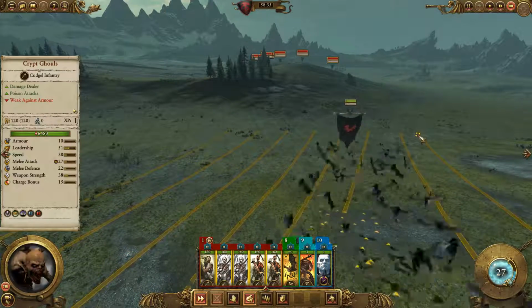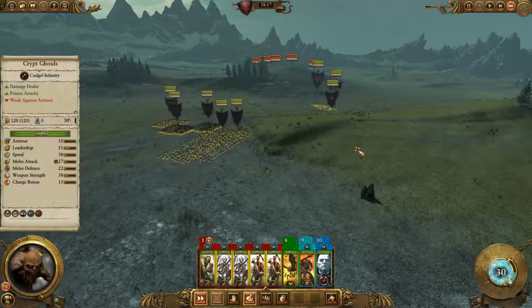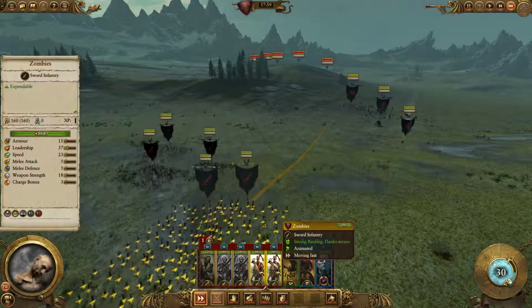So you will see me fast forwarding quite a bit early on just because these zombies move so slow. Because I need to move into position. Actually, let's put these zombies in their own little group. How do I...